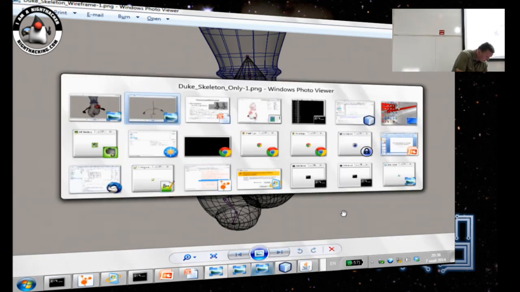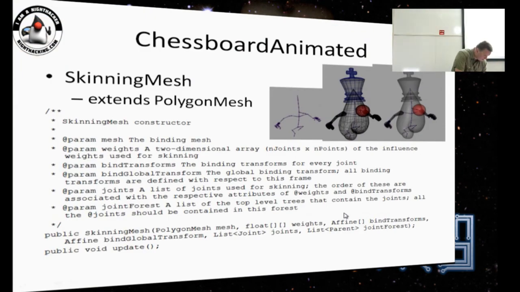So let me show you this code. So we have a two-dimensional array for each point. For each joint we have a weight.